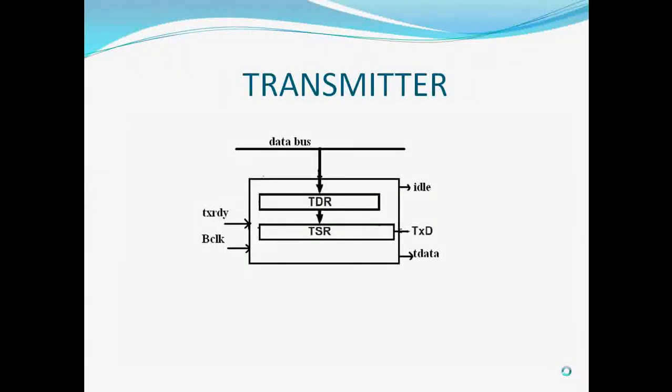Transmitter. It is used for parallel to serial conversion of data. For a B clock, the data in the D bus is taken in parallel form by TDR followed by TSR and transferred out serially from the TXD pin. As it is asynchronous form, a 0 is appended at the start and 1 at the end.